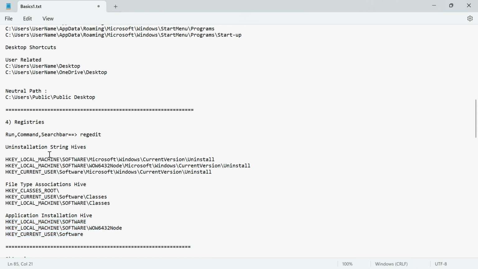Another thing is the uninstallation key. When the application is installed, the details of the application are generated under this uninstall key. From this we can know the total software details. For example, if I go to HKLM Software, this HKLM Software and this HKLM Software, the first two are for the system level, and the last, the third one, is the current user, the user level. So if I go to the uninstallation key in the same part of the registry,